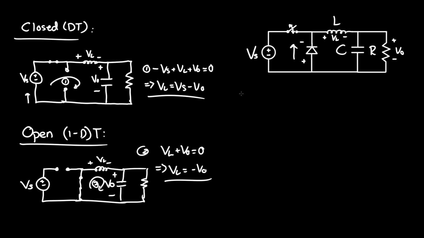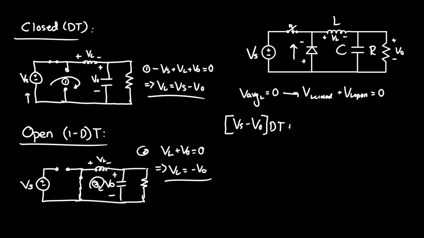So from the textbook, we know that the average voltage of the inductor will equal 0. And in our case, that means that VL closed plus VL open will equal 0. And one more important thing to take into account is that we're going to have to multiply equation 1 by DT and equation 2 by 1 minus D times T. So doing that, we get VS minus VO times our period DT plus negative VO times 1 minus D, T